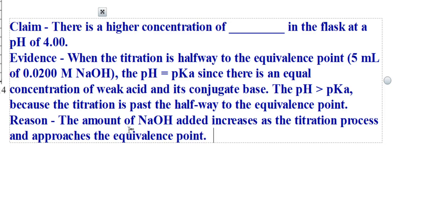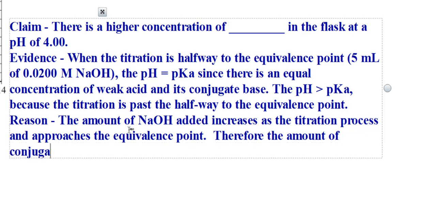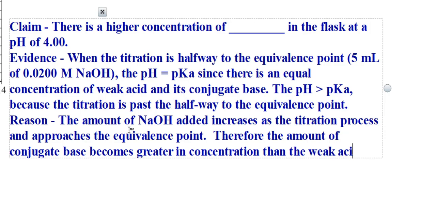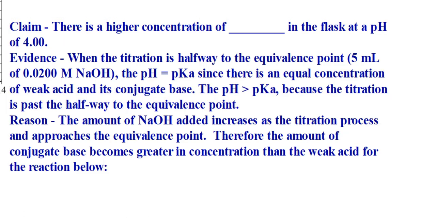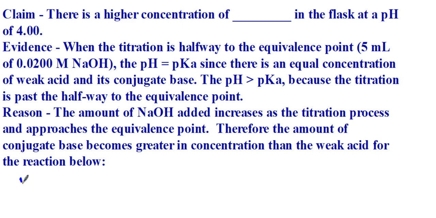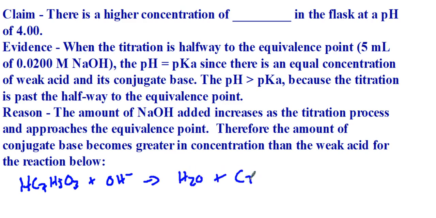Therefore, the amount of conjugate base becomes greater in concentration than the weak acid for the reaction below. And you can see I'm going to write that reaction right there: HC7H5O3 plus hydroxide gives me H2O and my conjugate base, the C7H5O3 minus, and this has become greater, which means